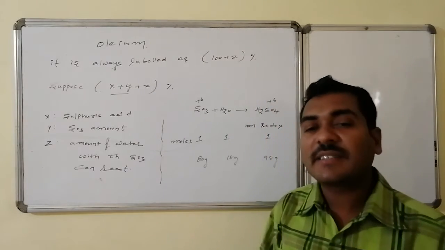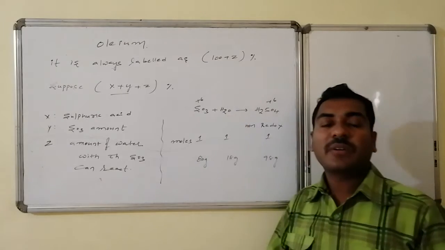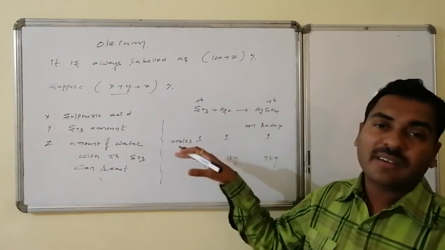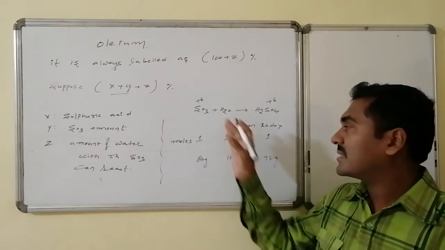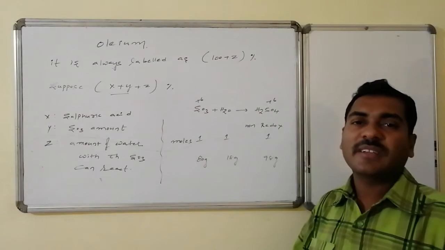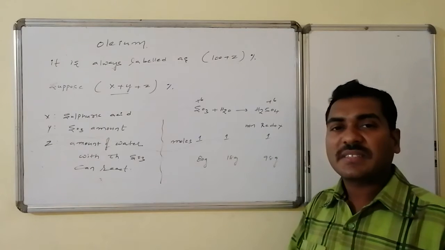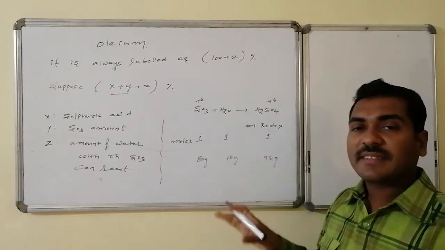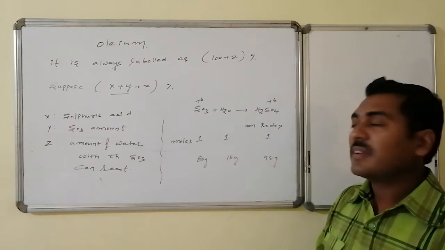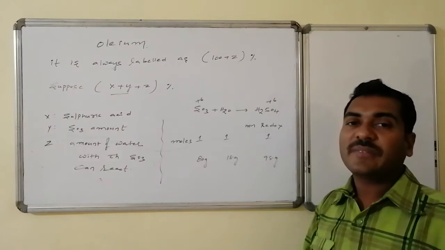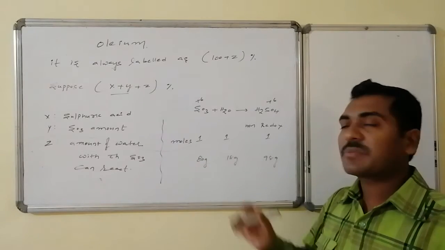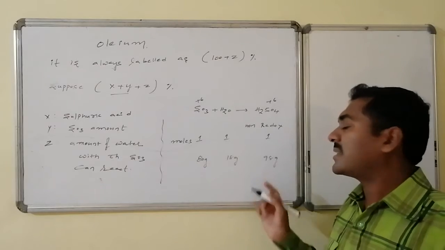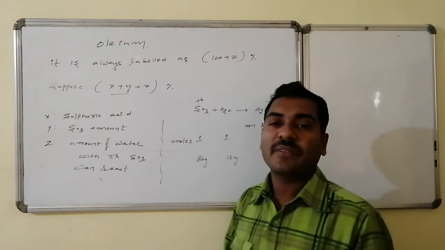How does the reaction take place? Sulfur trioxide combines with water, and hydrolysis occurs: a non-metal oxide is converted to an acidic oxide, with plus 6 oxidation state going to plus 6 only. There is no change in any oxidation number, hence this reaction is a non-redox reaction. 1 mole of sulfur trioxide combines with 1 mole of water to give 1 mole of sulfuric acid. 1 mole is 80 grams of sulfur trioxide, 1 mole is 18 grams of water, and both combine to give 98 grams of sulfuric acid.